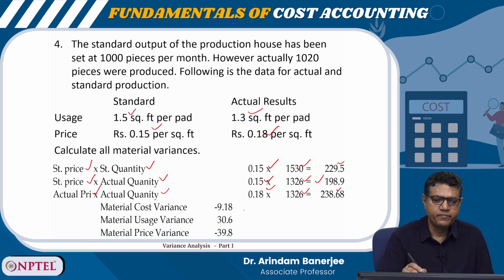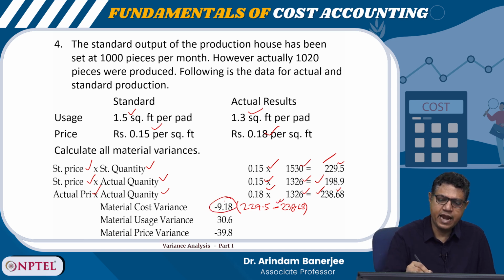Material cost variance is standard price into standard quantity minus actual price into actual quantity. So, standard price into standard quantity is 229.5 from here, and minus actual price into actual quantity is 238.68 from here. So, the difference is 9.18. Is it favorable or adverse? Of course, it is adverse because this is bigger. So, this is an adverse variance,